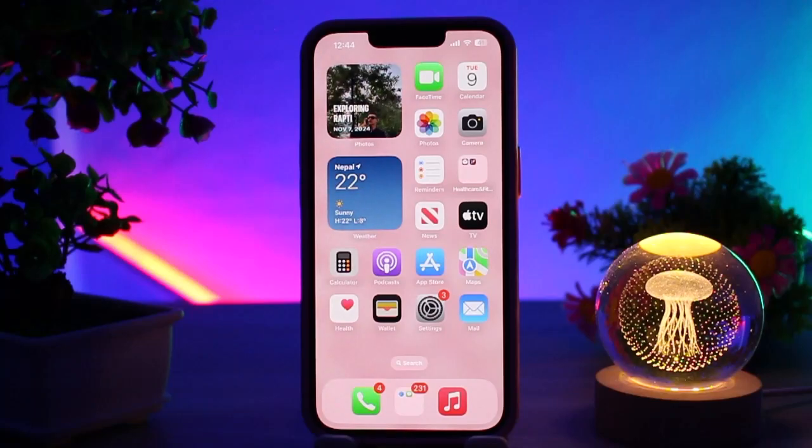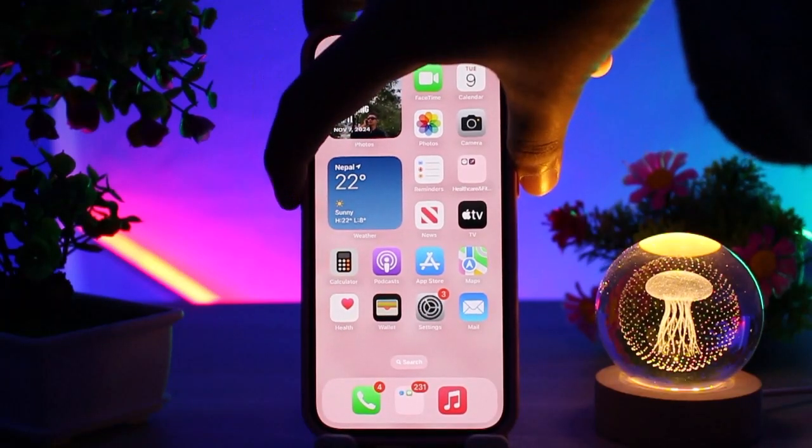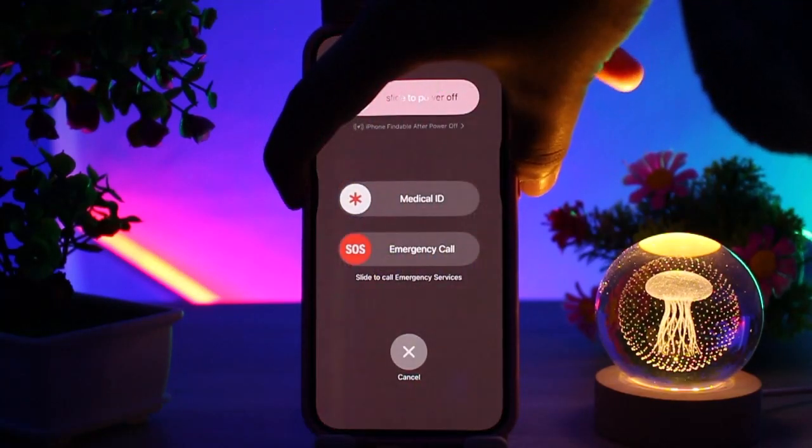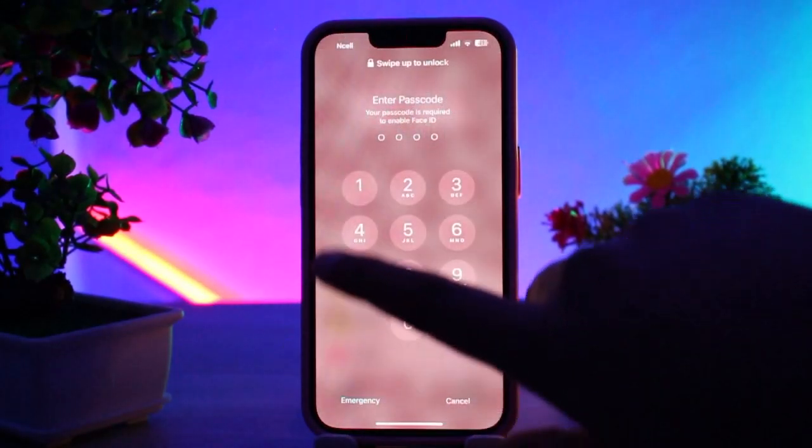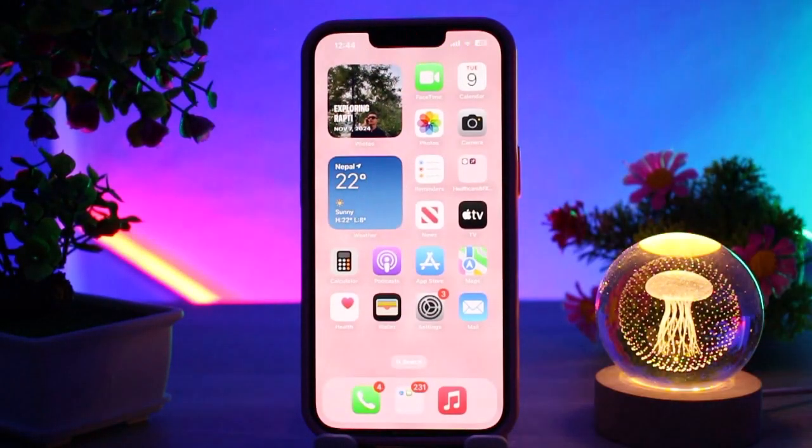So to restart it, you just need to click on the volume down button and power button at the very same time, and you will be taken into this page. So from here you will see the option of slide to power off your phone. So simply slide it. This means that you will restart your iPhone. So after restarting your iPhone, you just need to open your phone and check if the black screen has gone